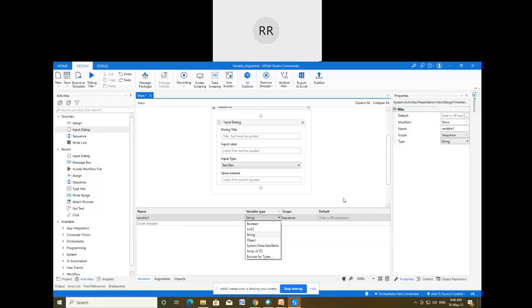I'm just showing you how the variable panel will be opened and how all the fields will be enabled. We can open the variable panel from the bottom of the designer panel where this variable has been written. All 4 fields of the variable will be enabled only once we drop some activity in the designer panel. So now I'm going to discuss all those fields one by one.